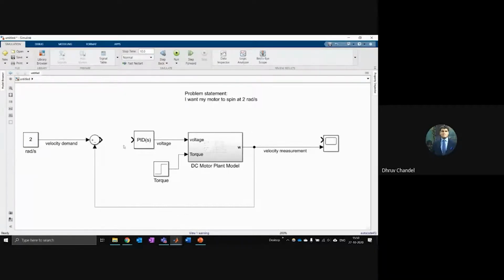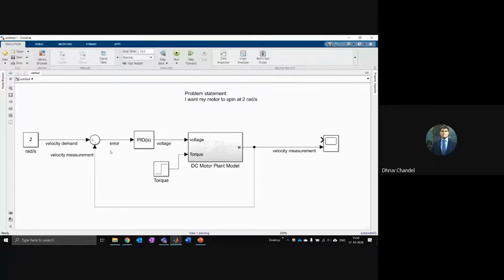Once we subtract the demand and the measurement signal, let me just put this right here so it's very clear. Once we subtract the measurement from the demand, we get this error signal E. We feed this into the PID controller, or any controller that you have.